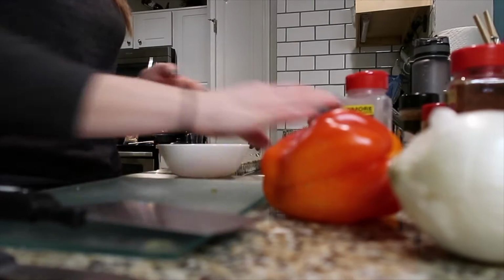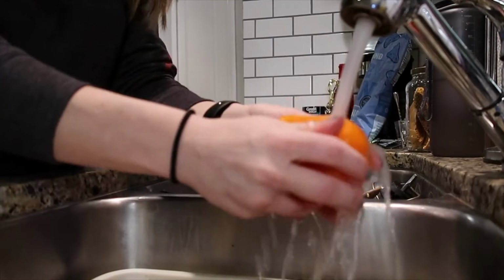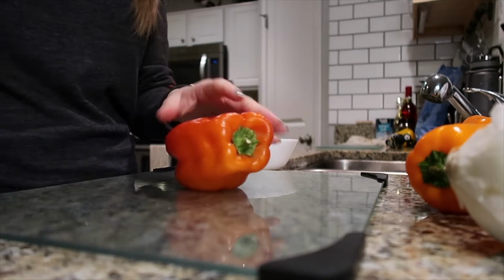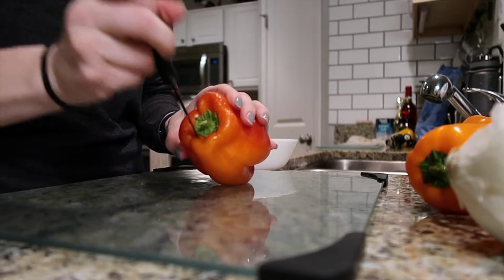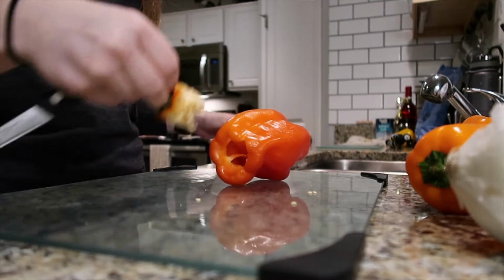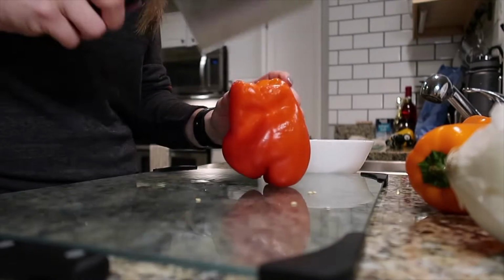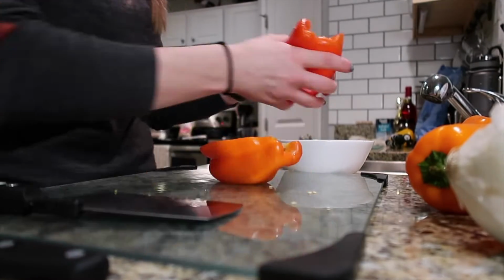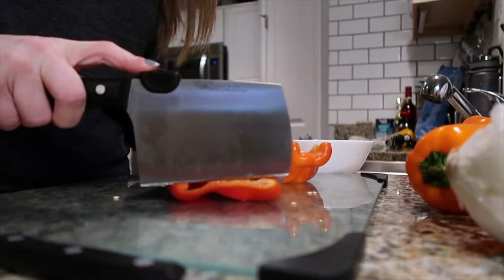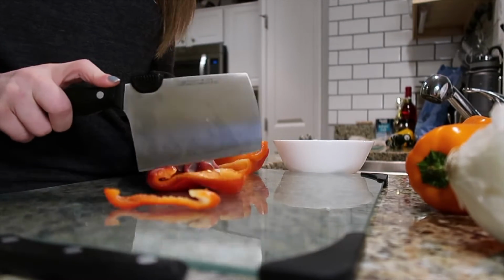Okay, so we're gonna start by chopping. Well, first we need to wash off the peppers. So we're just gonna start chopping the peppers. People chop them all different ways. I like to cut out the top. And I'm gonna be composting all the scraps, so I'm just gonna put it in this bowl for now. And then I like to start chopping. And since we're doing fajitas, we can just cut it into strips instead of chopping it into like little cubes,